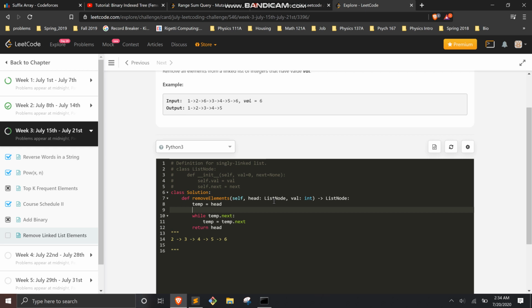Alright, here's an idea. While head.val equals val, keep saying head is equal to head.next. So I move my head to the next value, and I set head equal to that. So now head is set equal to 2. Okay, and I set temp equal to this head. So we'll find a head value where